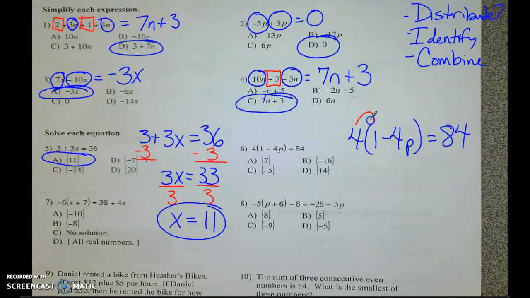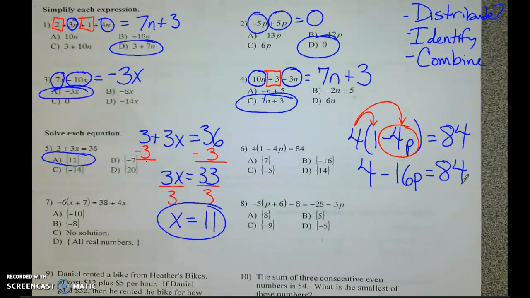Yes, we have these parentheses, so we're going to distribute 4 times 1 and then 4 times negative 4p. Remember that minus, that negative has to come with it. So 4 times 1 is 4. 4 times negative 4p is negative 16p